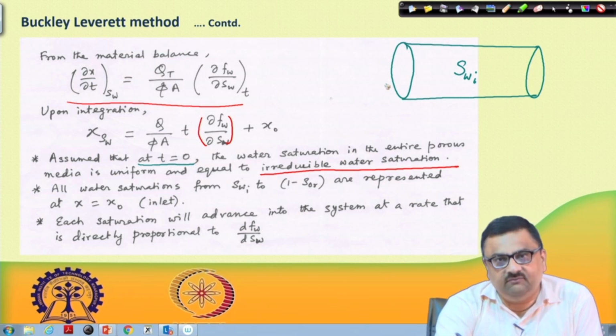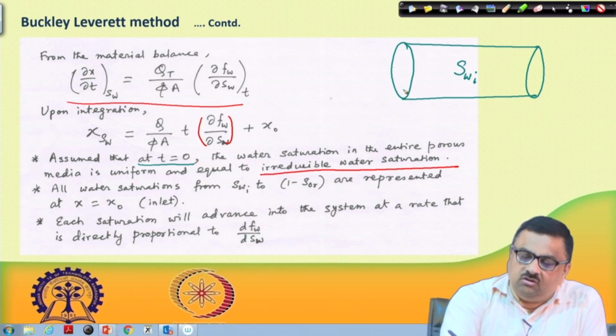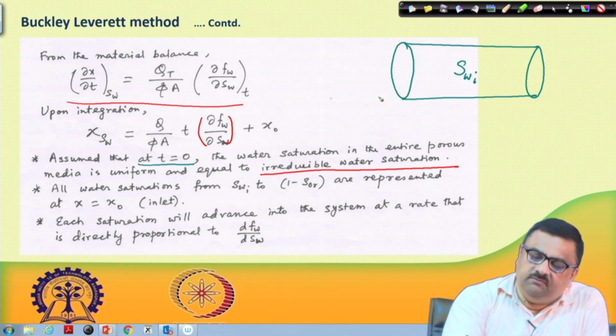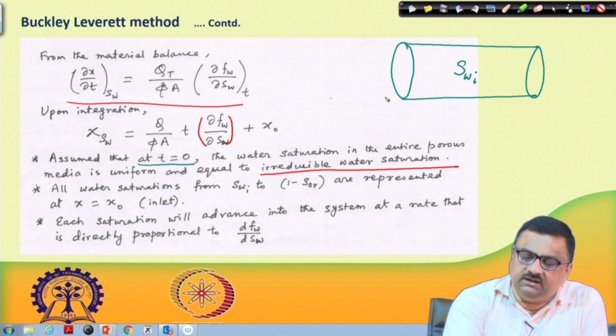So, what could be the range of saturation possible here? The minimum water saturation would be SWI, you cannot go below that, and similarly the maximum possible saturation is 1 minus